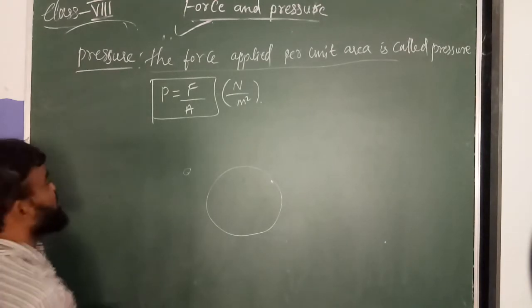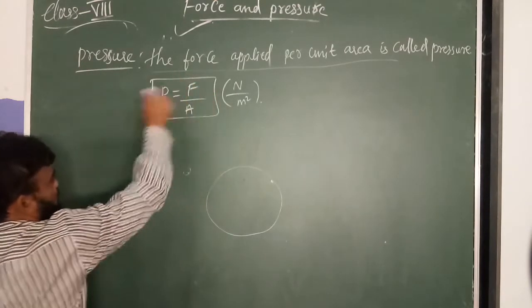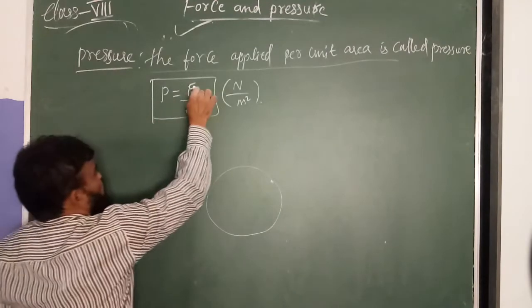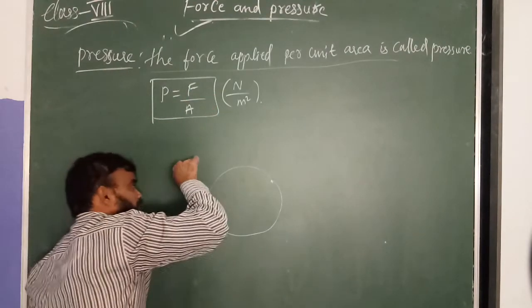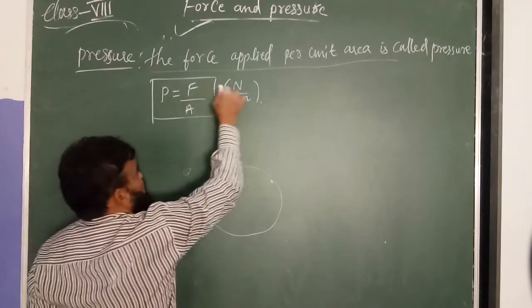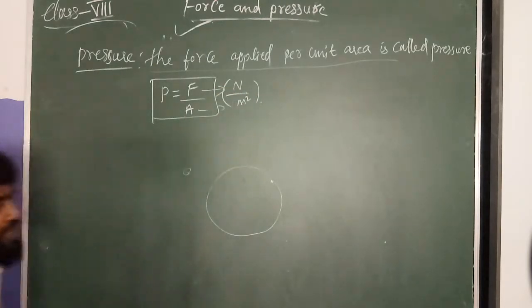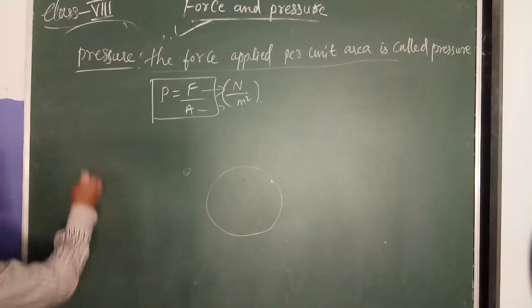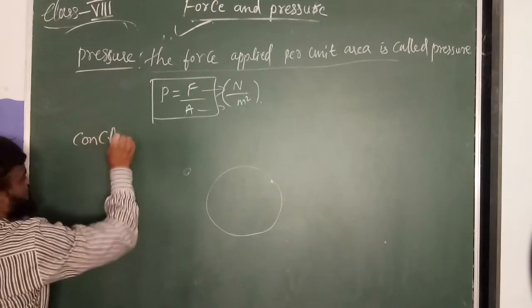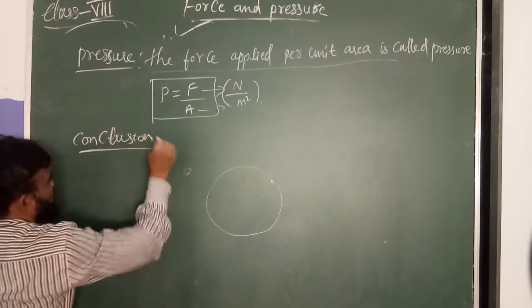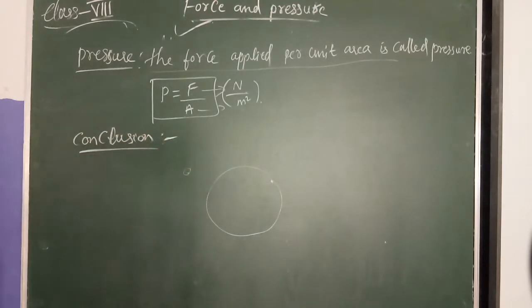Mathematically, pressure is equal to force upon area. The force is in Newtons, and the area is in square meters, right? That is how we do it mathematically. And I will explain the conclusions about pressure, all the points. See,